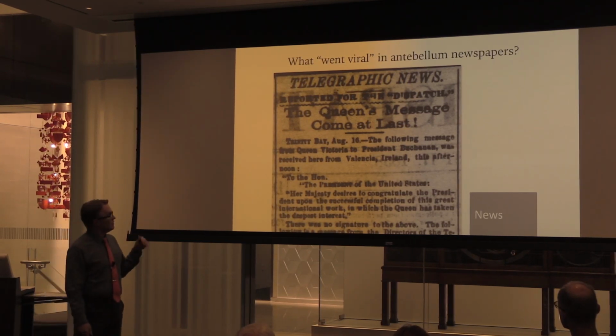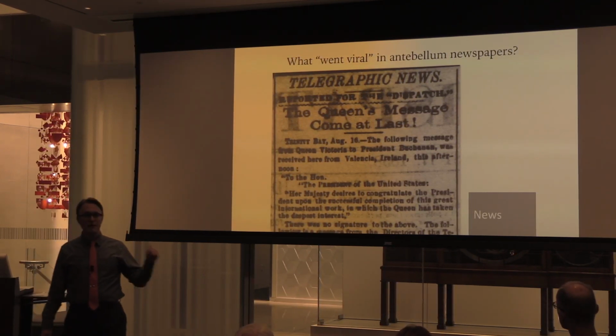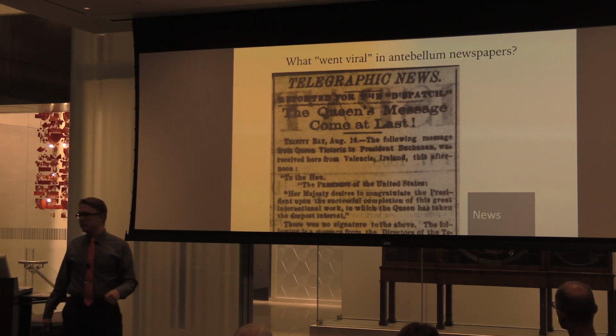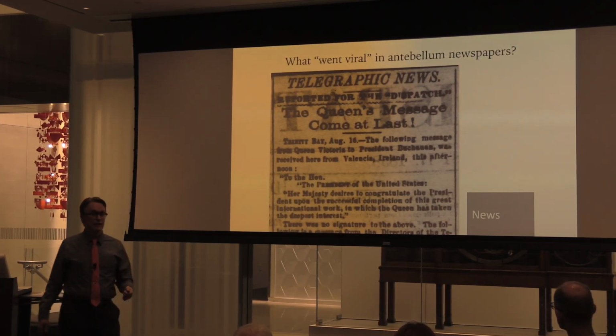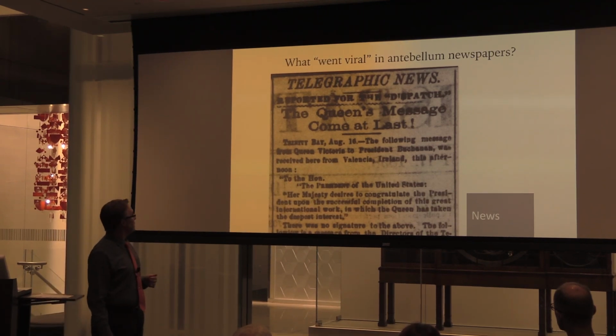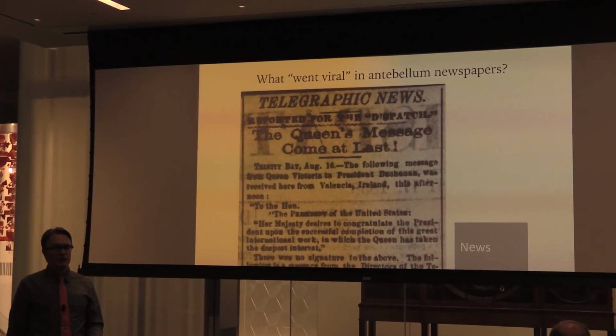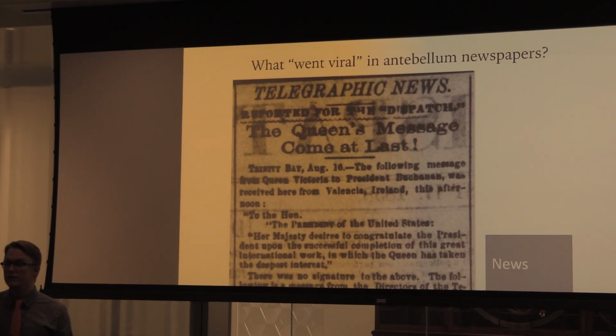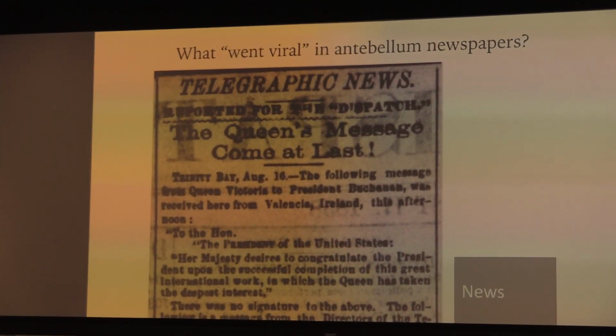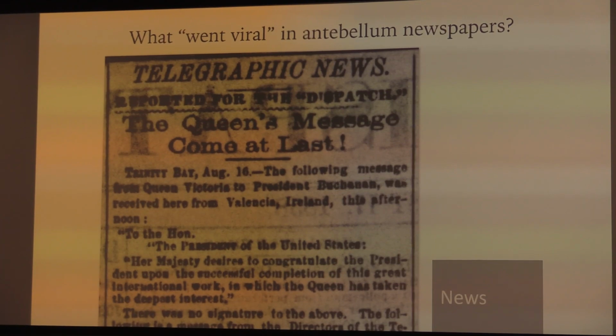This is one of my favorites. This is a story that is reporting on the message that Queen Victoria sent to James Buchanan on the completion of the transatlantic cable. And I find this really interesting because it actually went viral twice. The first time, it circulated with a lot of commentary about how rude the Queen was in her message. And then at some point, they figured out that actually what had happened is that the telegraph operator had not transcribed the entire message. There had been operator error. And so then it circulated again with the full message and with apologies to the Queen, because she had not been as rude and abrupt as everyone thought she had been.